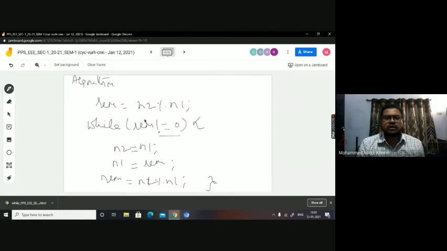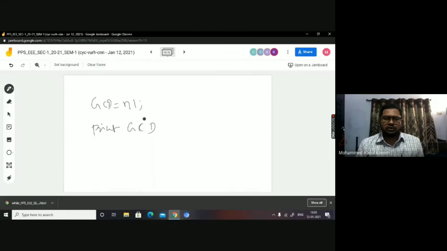Algorithm GCD. Here the variables are int n1. You take some value for it. You can rather read it also while programming. n2 equal to 36 and a remainder. Okay, so this is the logic, and then you got the output in GCD, and you print the GCD.